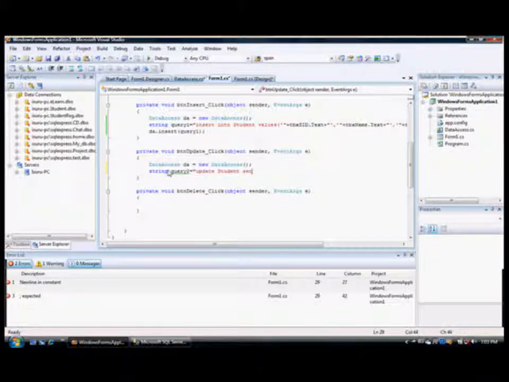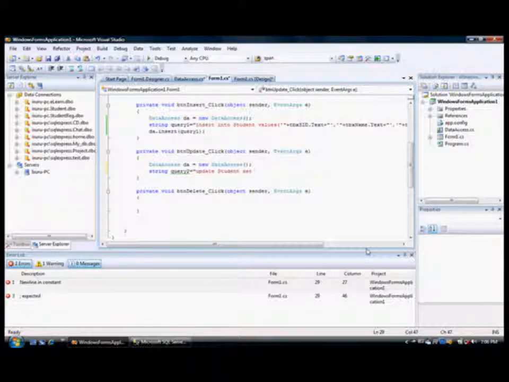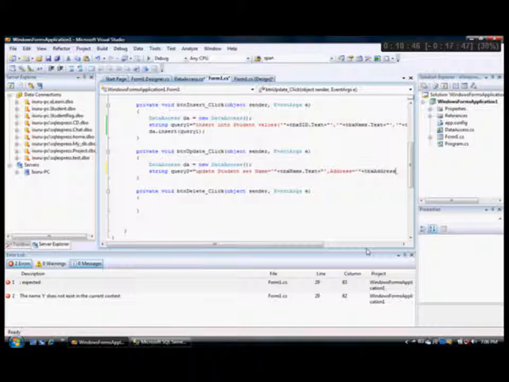We are going to update the student table, and set name as what we are providing, and the address,